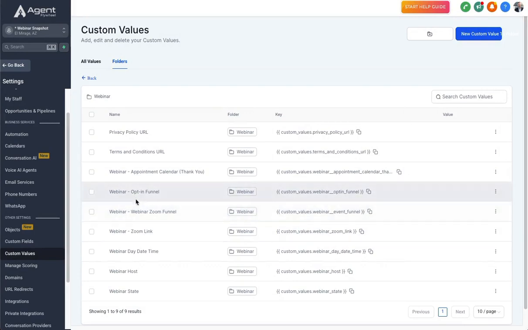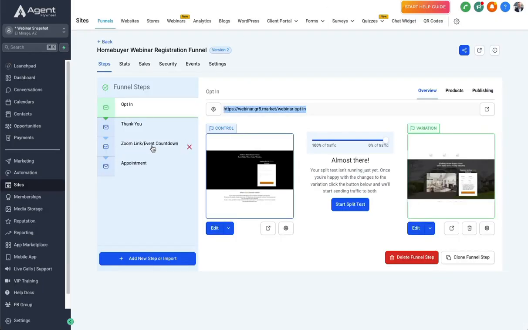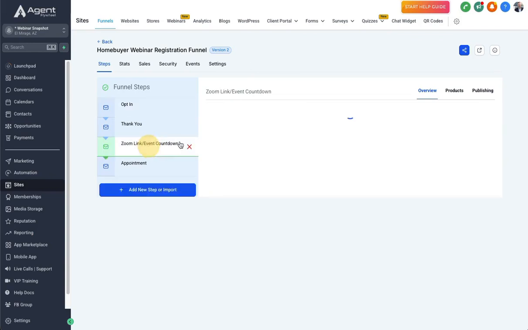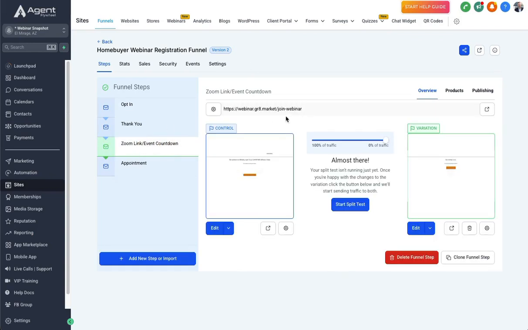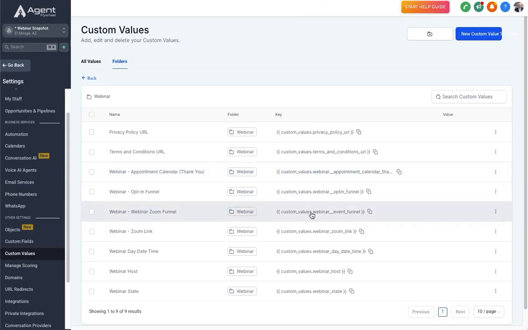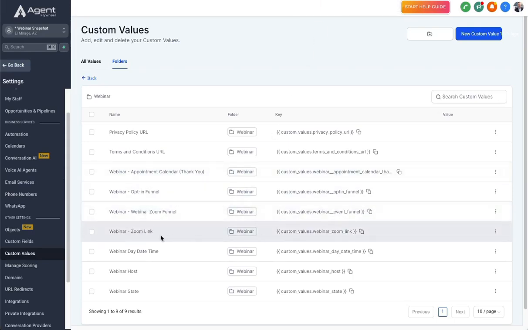And then moving on down, we have the webinar Zoom funnel. You're going to get the Zoom there. So come down here, again, just kind of repeat this process. We're copying these links, pasting them into the custom values. The Zoom link, if you don't have